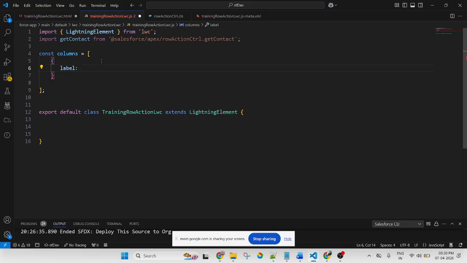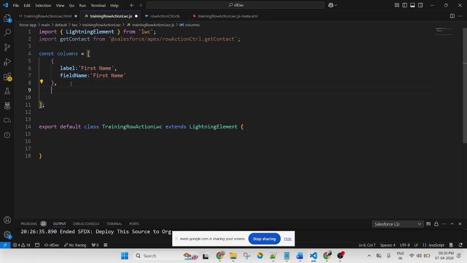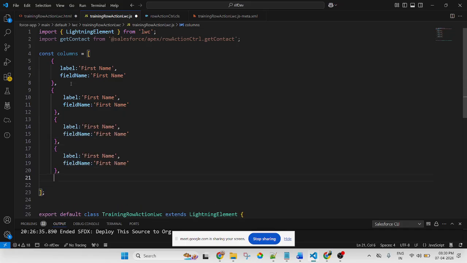Label: first name, copy, and field name. This is your object, inside the object, key and value. Copy, comma, paste, paste, four columns. This is the first column, this is the second column.